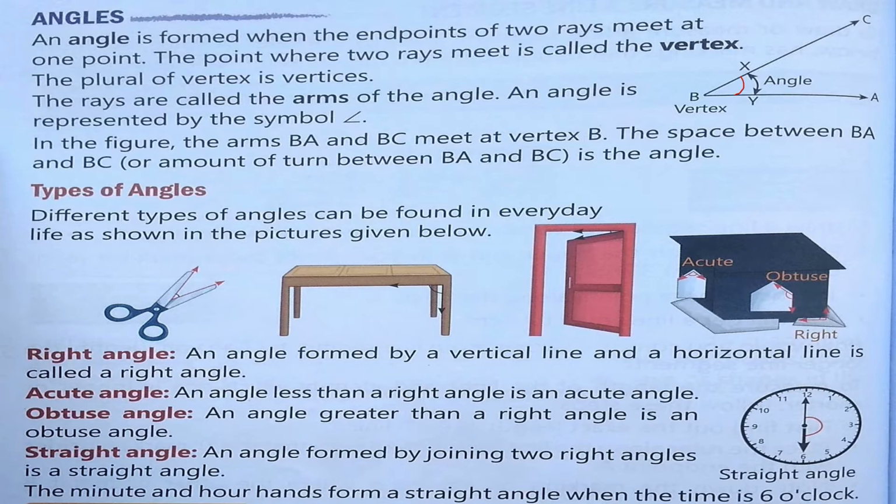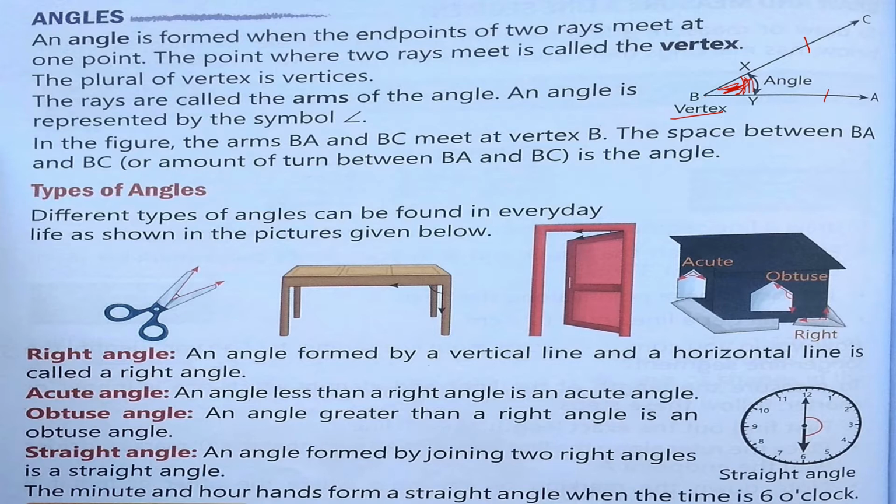And the point here where the two lines meet, the two line segments. Yes or no? We can say two rays meet. So this is the starting point and it goes up to here. So the ray is named BC, and here BA, and the joining point and the meeting point, okay, the joining or meeting point is the vertex, and these two lines are known as arms. Arms of the angle, and the space between BA and BC, this part is known as angle. Got it, children? This part is known as angle.